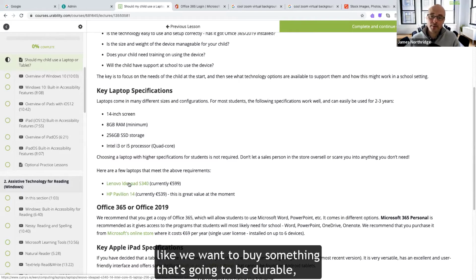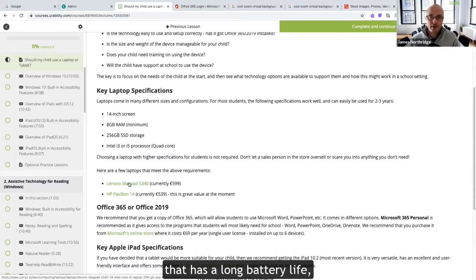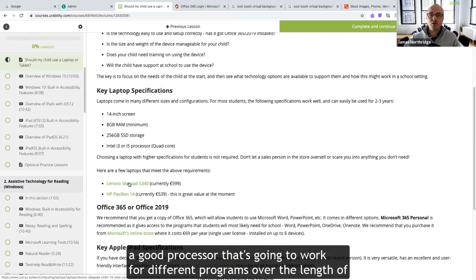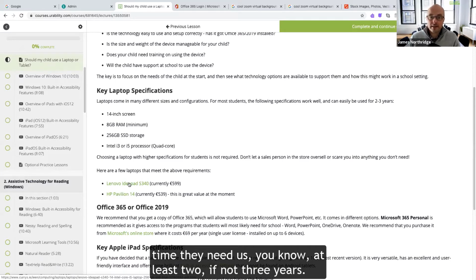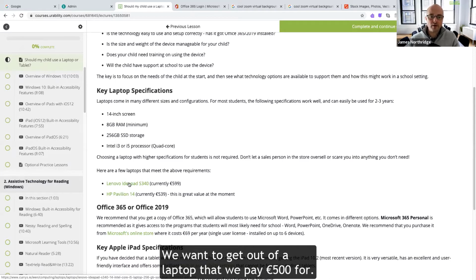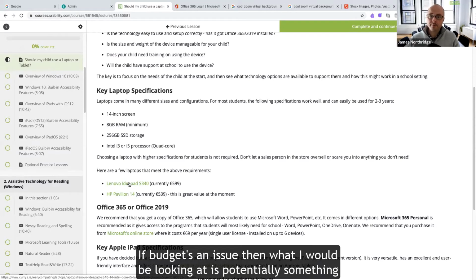You know, we want to buy something that's going to be durable, that has a long battery life, a good processor, that's going to work for different programs over the length of time they need it. At least 2, if not 3 years, we want to get out of a laptop that we pay €500 for. If budget's an issue, then what I would be looking at is potentially something along the lines of